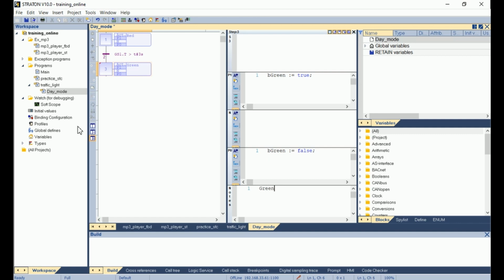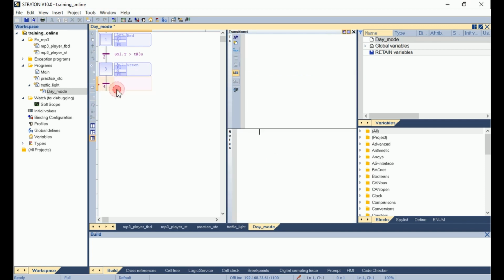Let's leave this step active for 2 seconds, so I add a transition with T, and the condition is GS3.T greater than T 2 seconds.